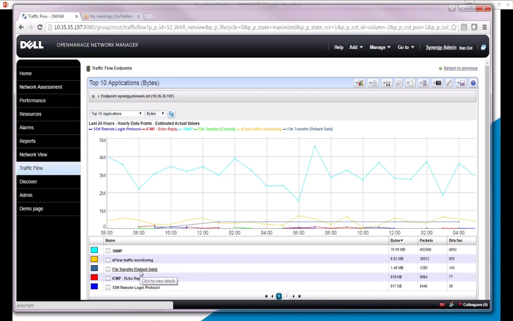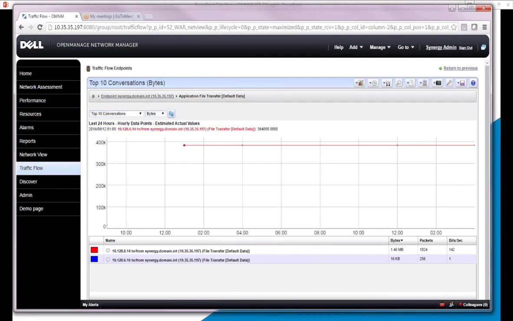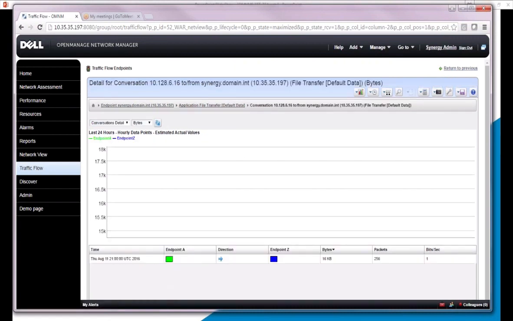Maybe I want to see what's going on with this file transfer, and I can click into it even further, and every time I click into something, it will add to that context. If I want, I can see the conversations as well. I can change it again. I can see here are the different conversations that were happening. And if I want to click in even further, I can then see the